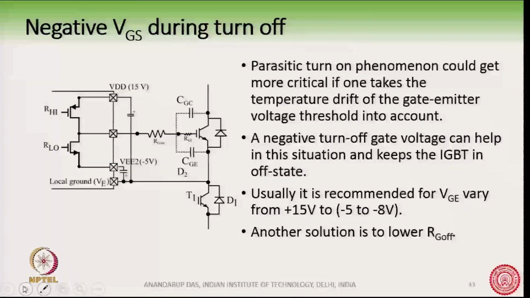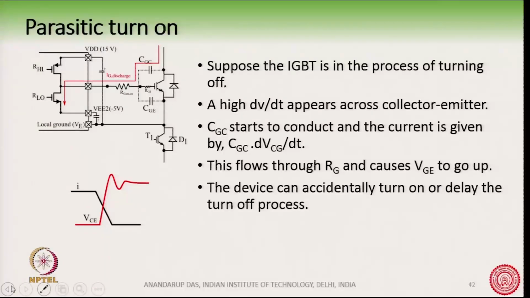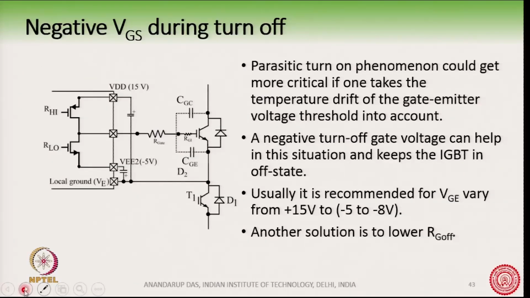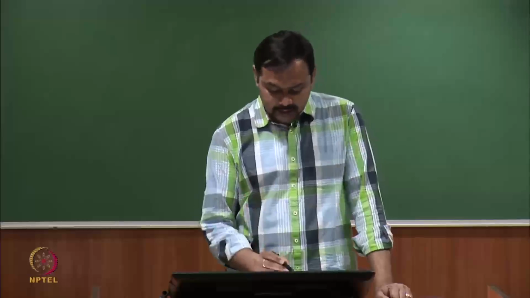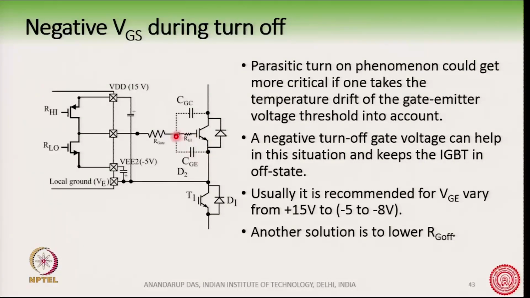Now you will appreciate why we had made VGS negative. Another solution to take care of this parasitic turn on phenomenon is to make VGS negative. Why? If you make VGS negative, that means this voltage, if you try to go into minus 5 volt, then in spite of this happening,